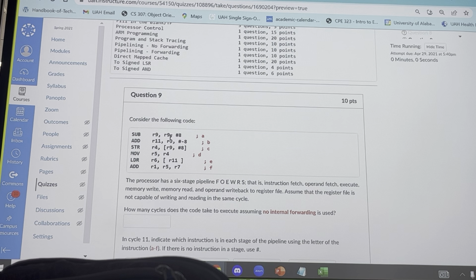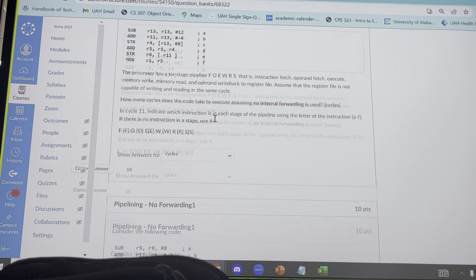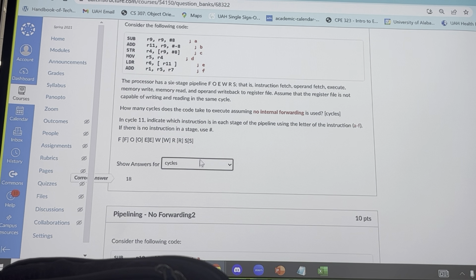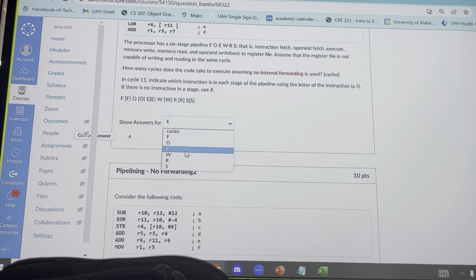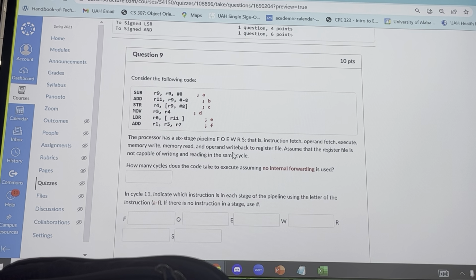So, we can say R9, R11, R4, okay. R9, R11, okay. So, this is not going to tell us, is it? Nope. We're going to have to deduce. That is 3, by the way. I'm going to have to fix that. That's an E. What's 3? The hashtag. Wait, hold on, no. Right here, there is no instruction for this. I was like, did she typo that? Because that's the 3, right? Okay. So this is not going to tell us immediately what we need to do. We need to do it all and then see if our answer is right.